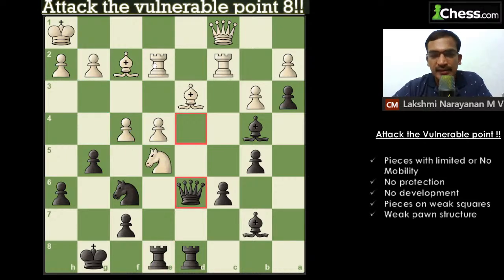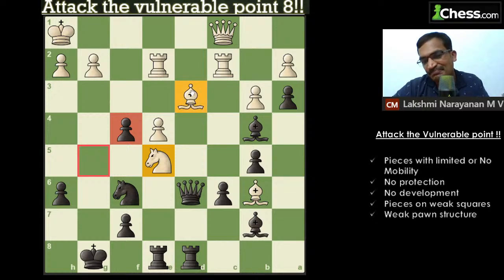So therefore they can't play g3. So let's say they try bishop b6. Okay, they are trying to complicate the game to get some material in return. Anyway, we have to first take. Okay, we can take. We can weaken this position. Once this knight is weakened, the bishop will fall. So let's say they capture on d8. We can recapture